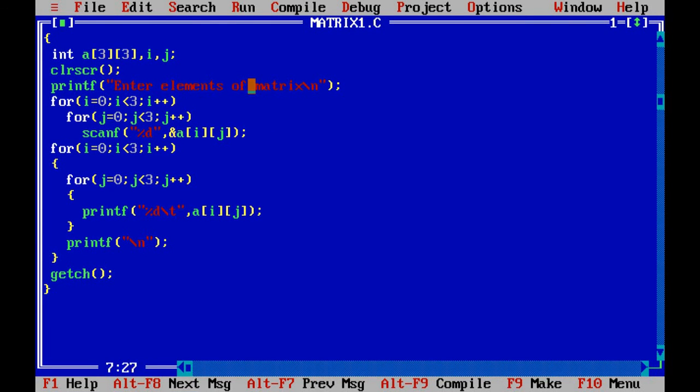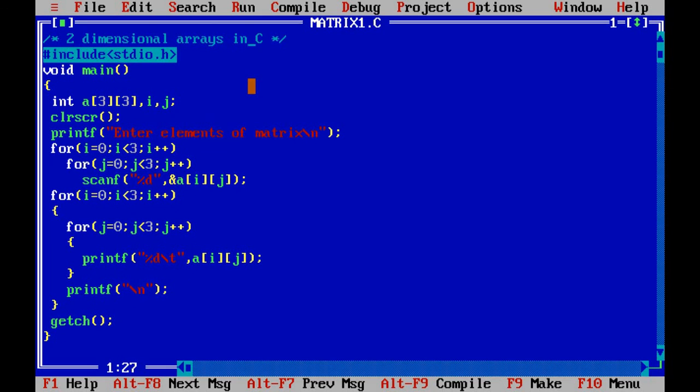So this is the code of the program. Here we have the comment: two-dimensional array in C. #include stdio.h, void main. Here we have declared a two-dimensional array with name A with the subscripts 3 and 3.